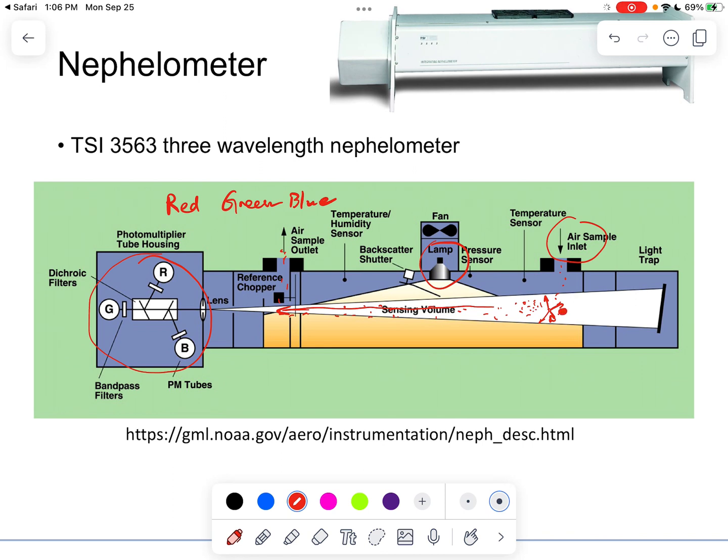So for example, here, when the particle is located over this location, only scattered light that's directly pointing to the aperture will get transmitted. And when the aerosol is here, then the light is being scattered in this angle and then further gets scattered here. So there is an algorithm to integrate the scattered light intensity and further find out the scattering coefficient or scattering efficiency